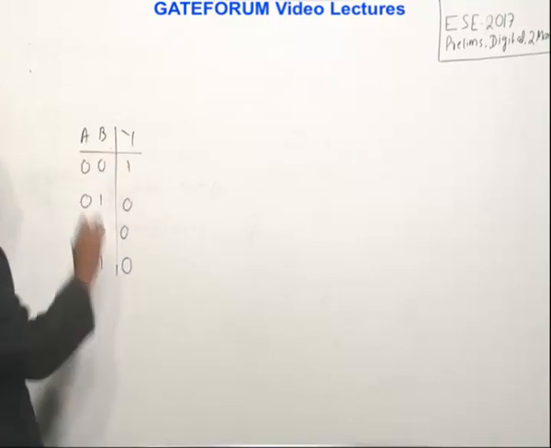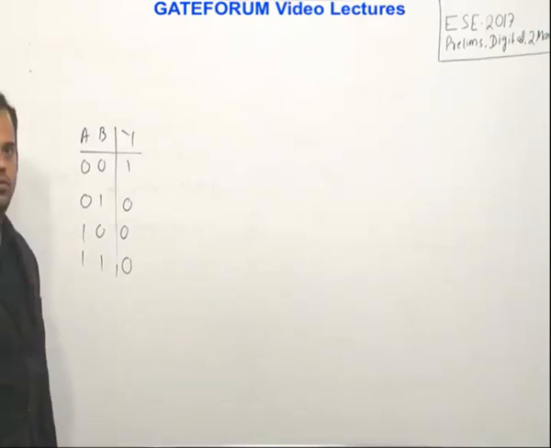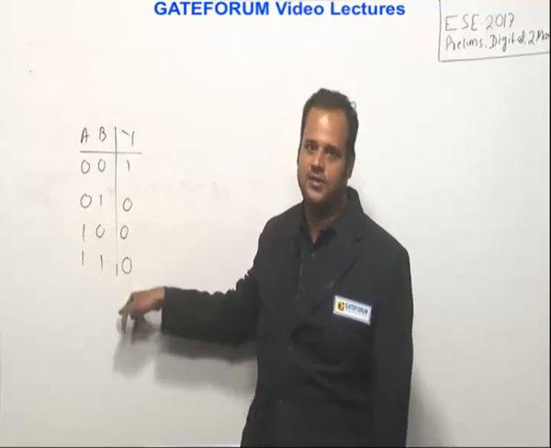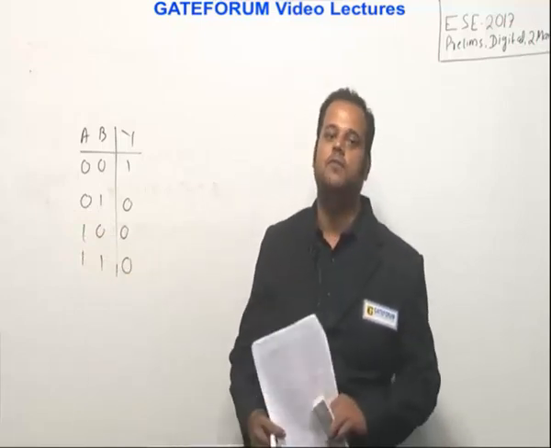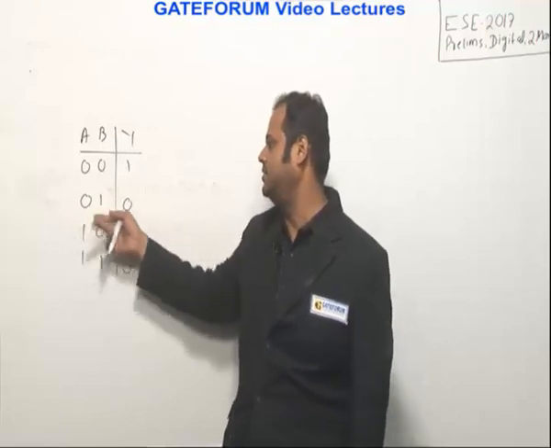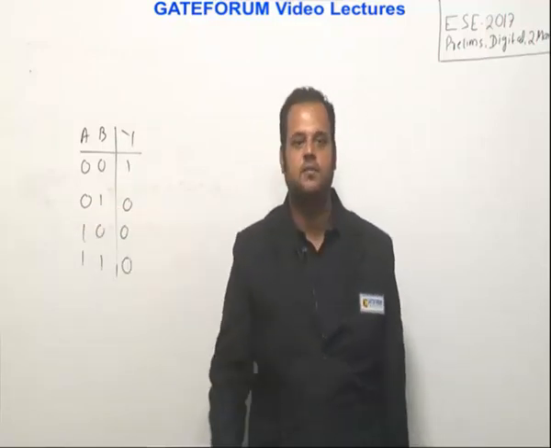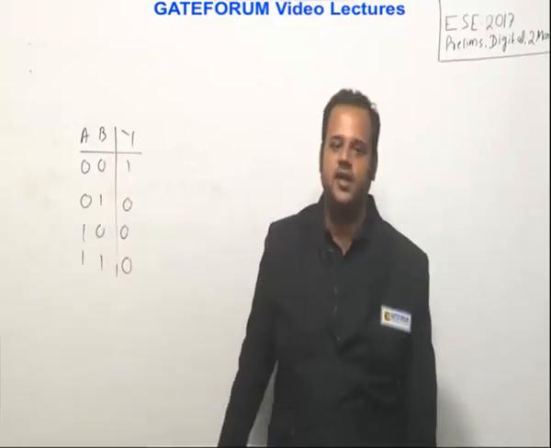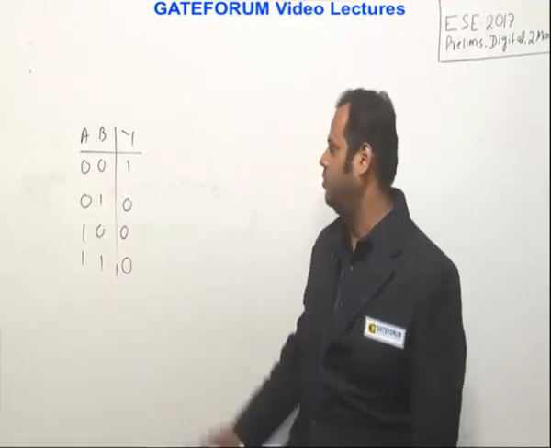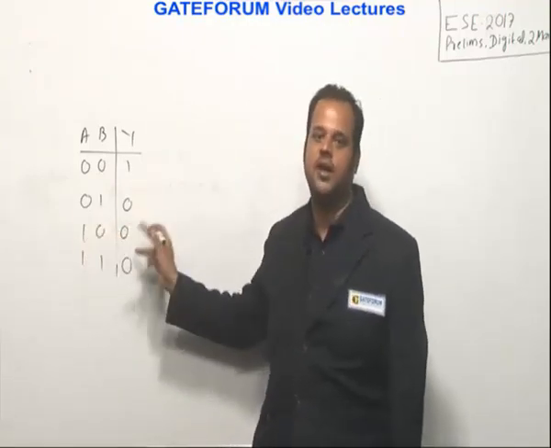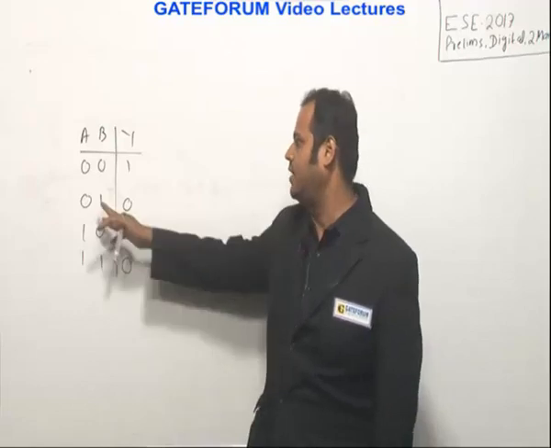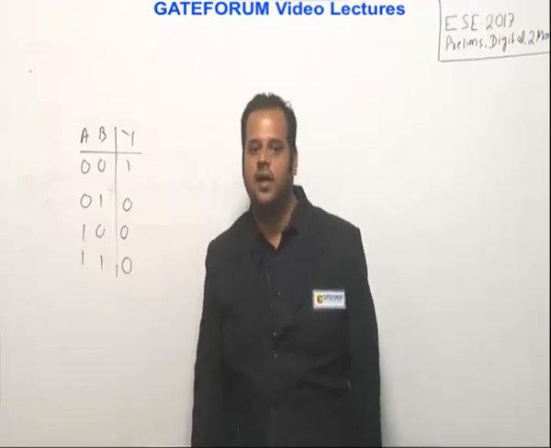So the output is high only when all of the inputs are low, or all of the inputs are 0. If you refer to this, option A is saying high if all inputs are high. No, when all inputs are high, we are getting 0. Option A is wrong. Option B is saying low if all inputs are low. No, you can see here, even though all inputs are not low, we are getting this. So option B is also wrong. Option C, high if all inputs are low. Yes, that is correct. Option D, high if only one of its inputs is low. No, that's not correct, because if one of the inputs is low, we are getting it low. So anyway, the answer is option C.